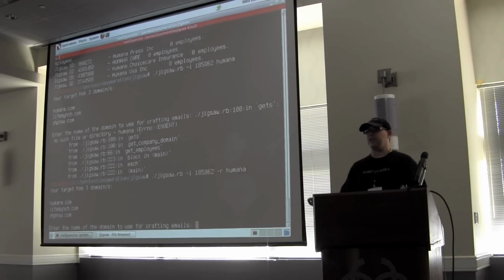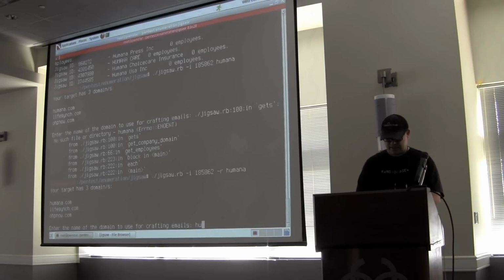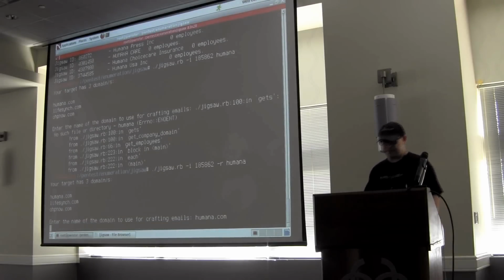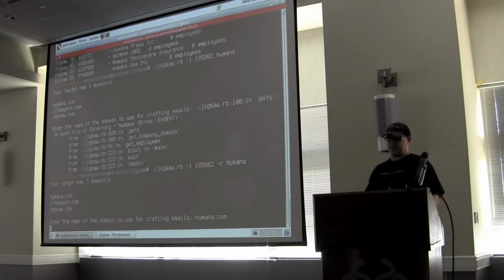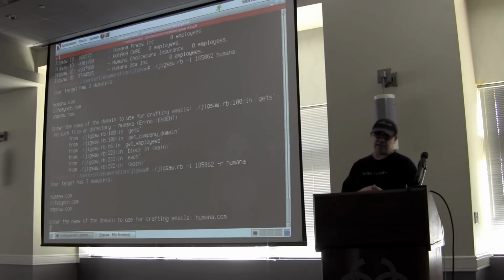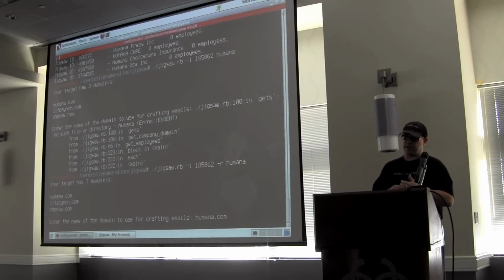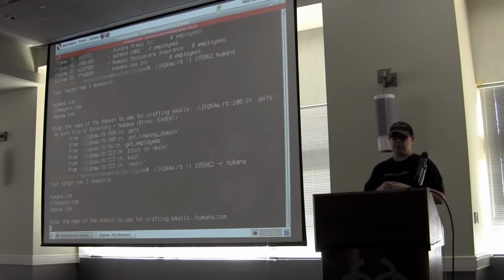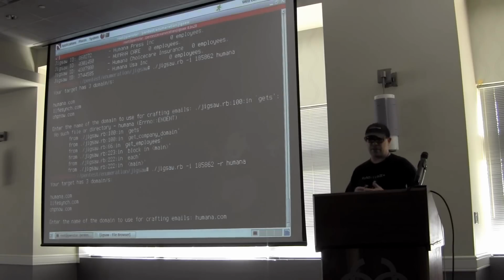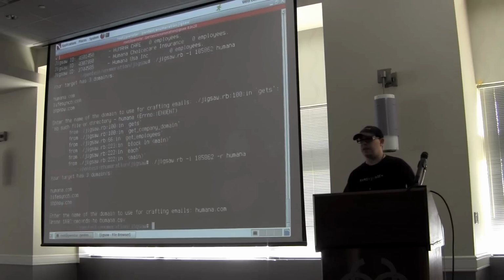So here it's saying we searched all these, and these are the 3 different domains that came up. So this builds emails for you, the email aliases. So I'm going to say we want to use humana.com because that's probably the alias that they have set up for their email. And then once this is created, it's basically creating a tab-separated CSV file. And I'll pull it up and show you real quick exactly what we were talking about as far as how it shows who's there, where they're at, what their title is, those types of things. It does take a little bit because it's a large amount, but you can do this for any organization. I haven't had one that hasn't shown up yet. I don't know if you have.